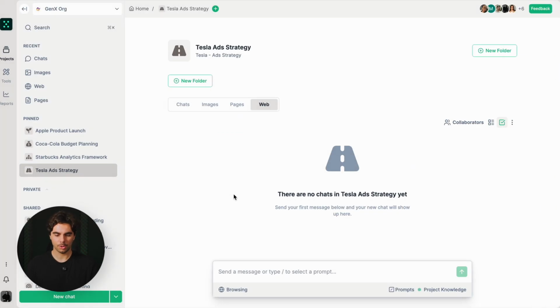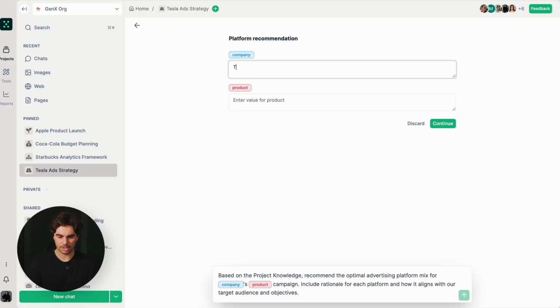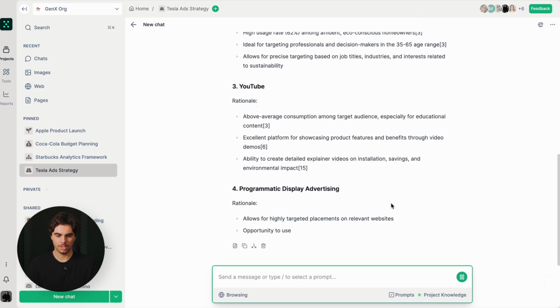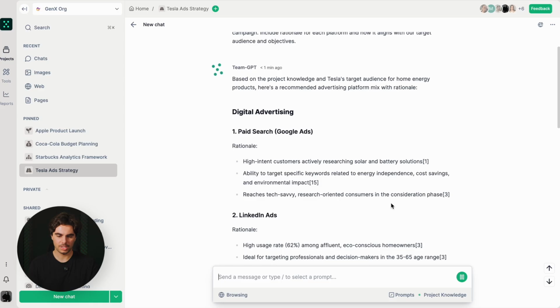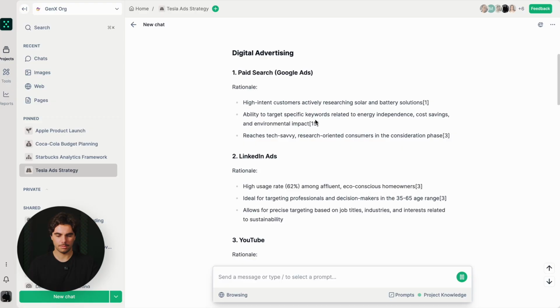So the first thing I'm going to do is go into our prompts, and I'm going to use a prompt that I have preset called platform recommendation to help me decide which platform I should choose for my ad strategy. So I'll click Tesla, the product is home energy products, let's say Solar Roof and Powerwall. I click continue, I'll execute the prompt. Okay, so you see it's now giving me a few examples of what advertising platforms I should be choosing and